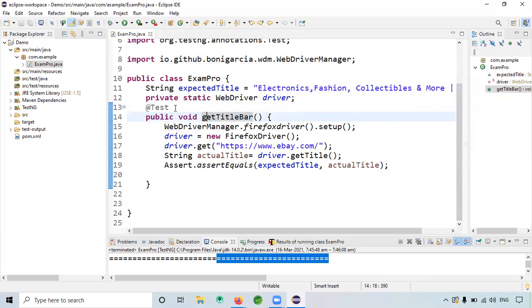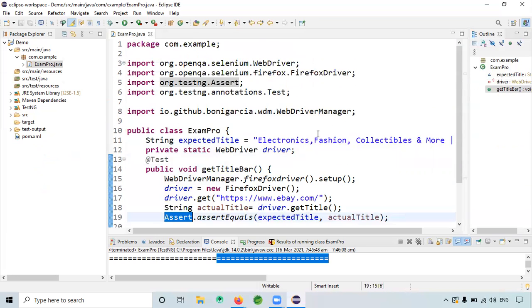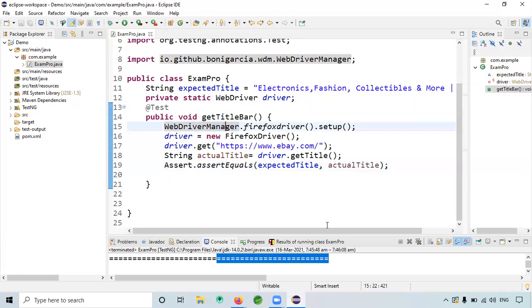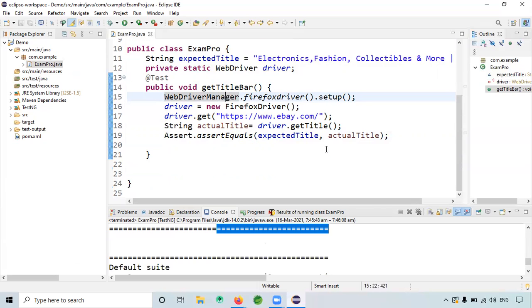Okay, so today we learned about the annotations. That is one of the important things they will ask you in interviews: before method, after method, before test, after test. Those four things you need to explain. We'll continue TestNG and learn more assertion functions. A little bit we'll work on core Java as well today.